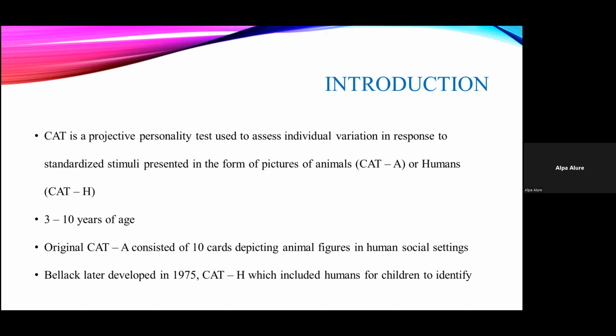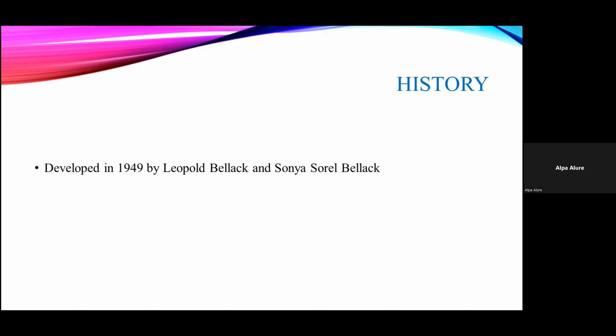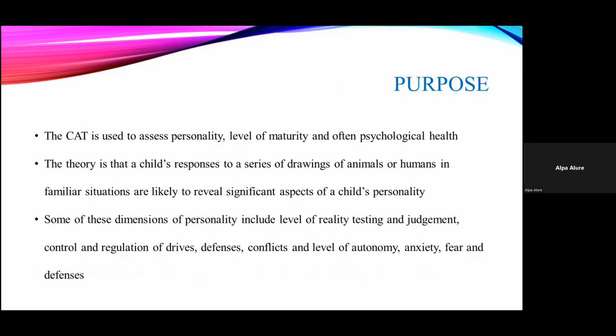This test is used for children from 3 years to 10 years of age. The original CAT cards consisted of 10 cards depicting animal figures in human social settings. Bellak later developed CAT-H in 1975, which included humans for children to identify. This was developed by Bellak in 1949, and it is used to assess personality, level of maturity, and often